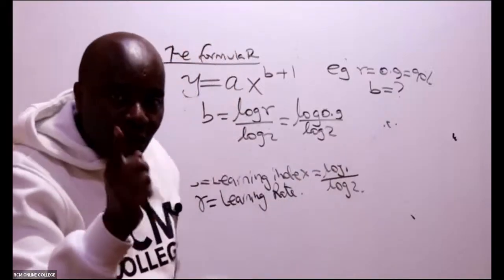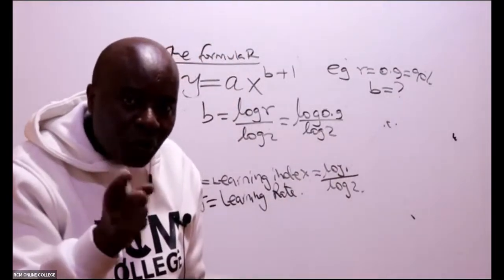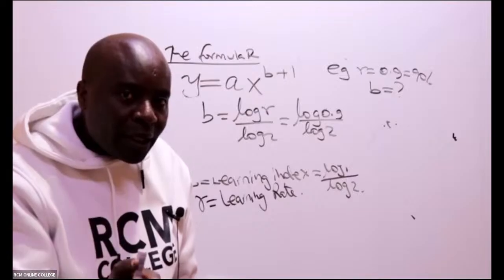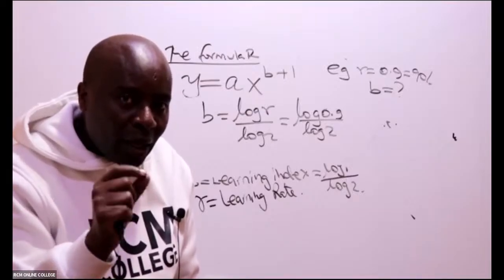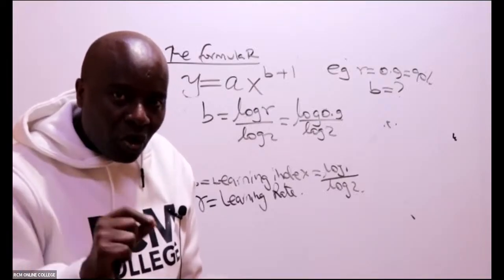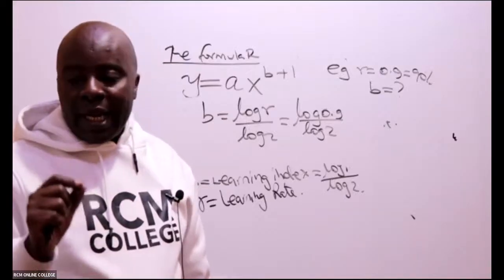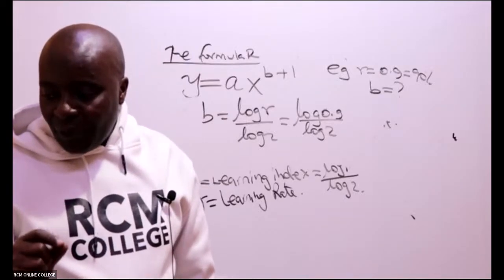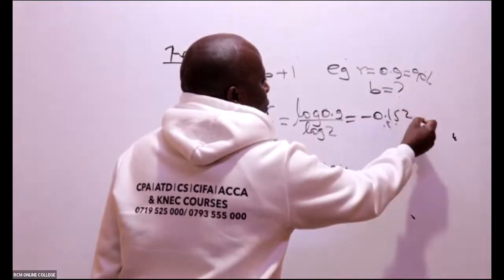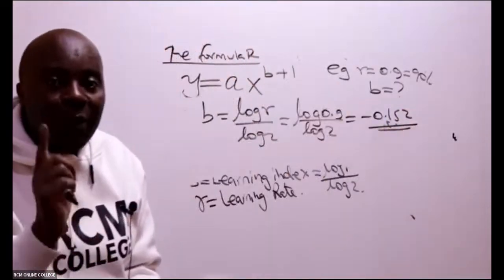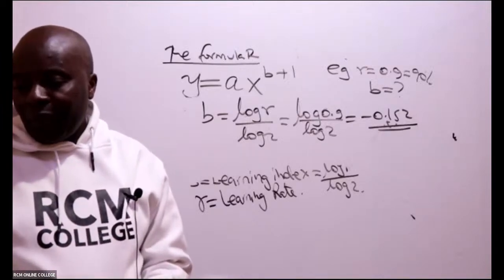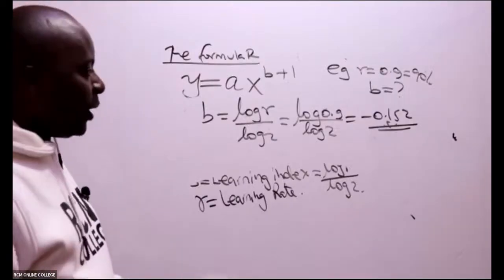This person who does not have a calculator, I'm seeing you. Please ensure that you look for a calculator. On that calculator, there is a button written log, L-O-G. So you press log 0.9 over log 2. You'll get, in this case, a negative figure, negative 0.152. All of us up to here, are we comfortable? Have you pressed your calculator or are you copying our figures?